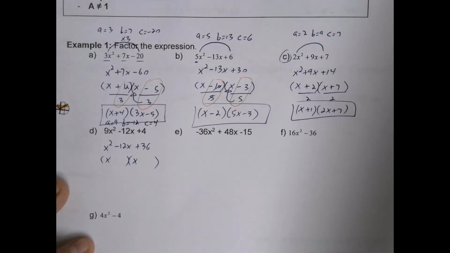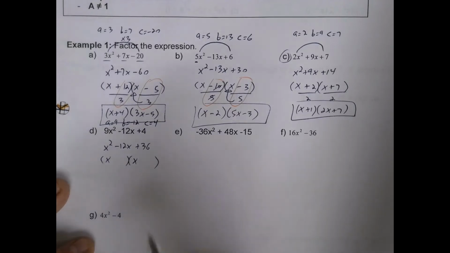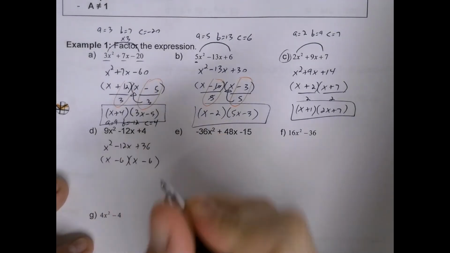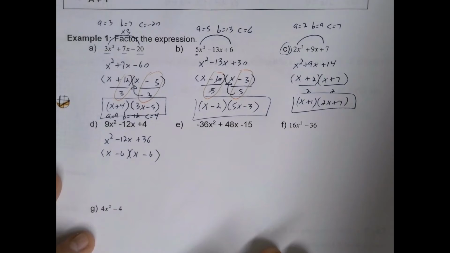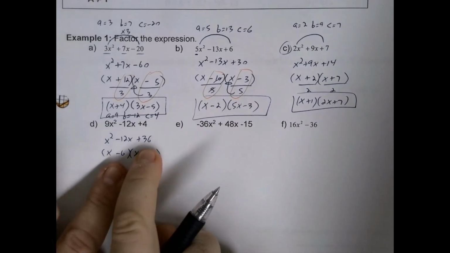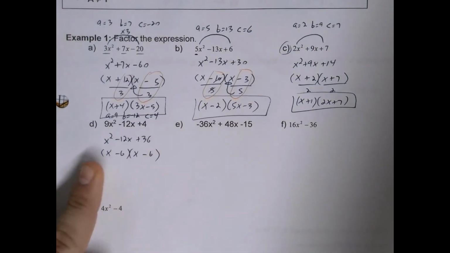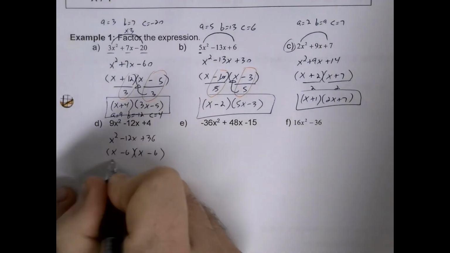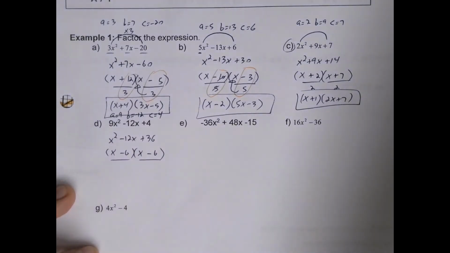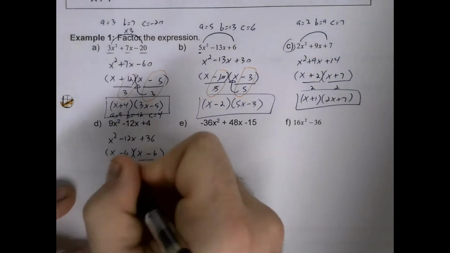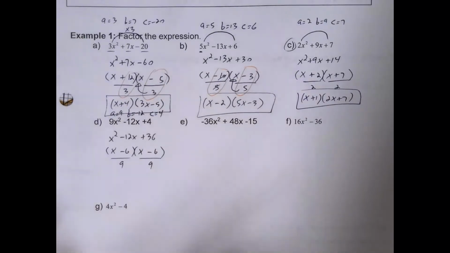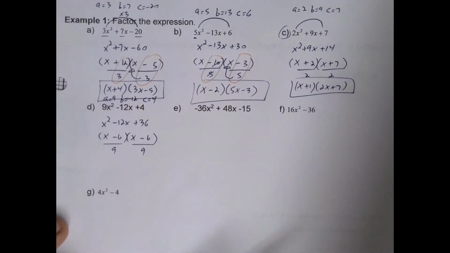Double negative 6 is very good. All right. So notice you're going to get minus 6 for both guys. Very good. Okay. So that's important to see. Those are the factors that make that middle term. Excellent. Then I divide by what I multiply by. So divide by 9 here. Now, this is important. Okay, we haven't seen this yet in our problems. See, when I get to this step right here,